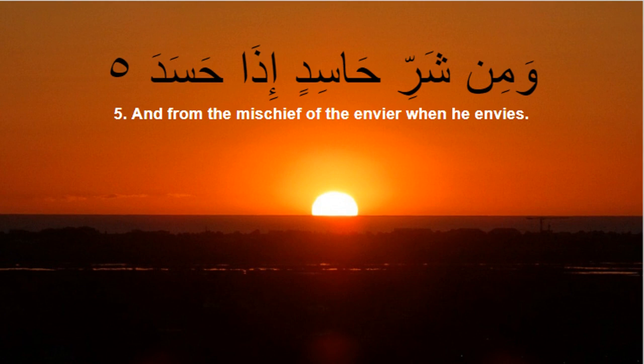حاسدين, and the dal has kasratain, so it sounds as if you're saying a dal followed by a noon. حاسدين, and then it's a hamza with kasra, so i, not iza, i. It's a dhal, not ze. The tip of your tongue has to hit your two upper teeth for the dal sound. وَمِن شَرِّ حَاسِدٍ